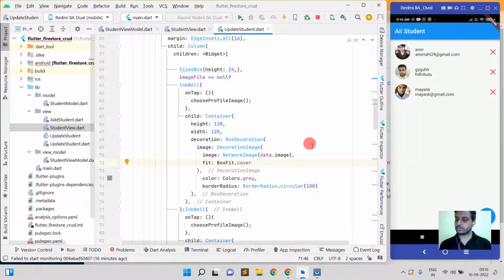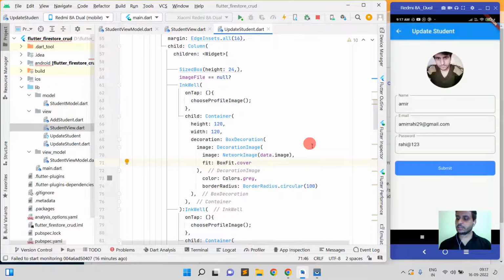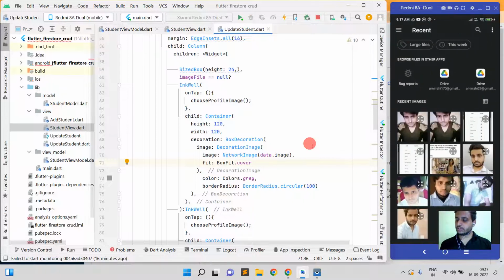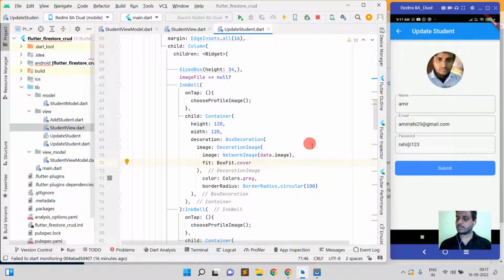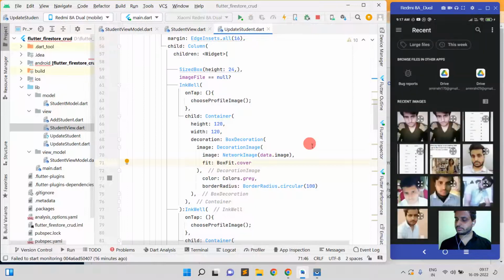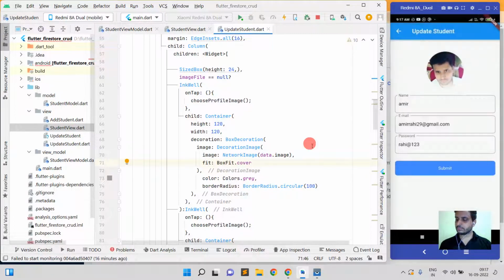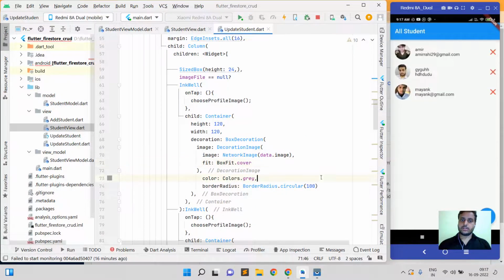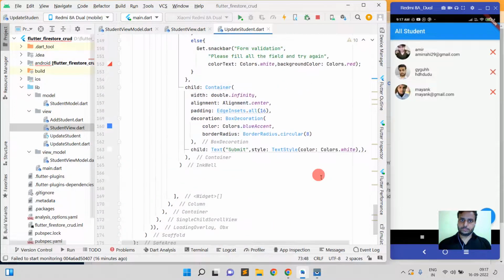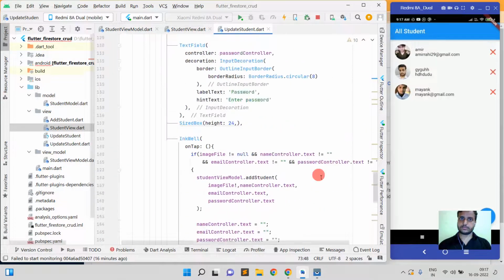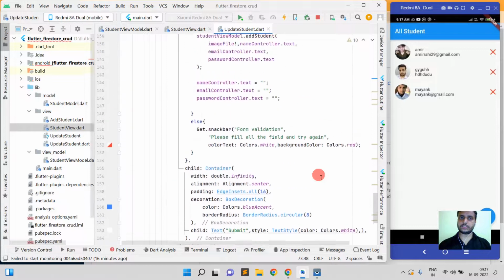Okay, now I'm going to choose another. So you can see, if I select on Amir and then select on image, then we can choose another image also here. Okay, I think everything is okay. Now